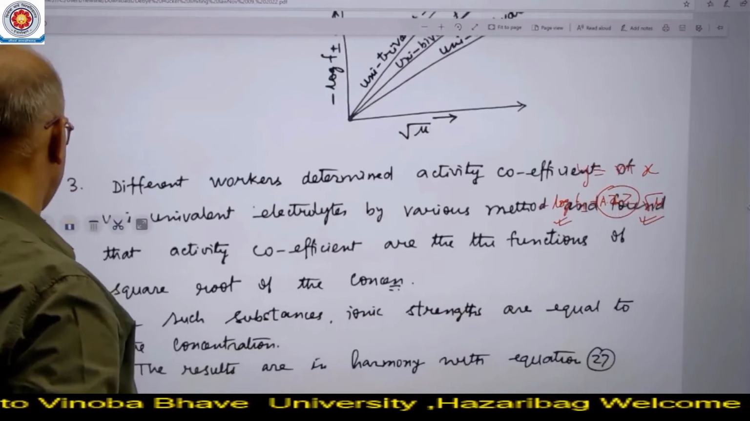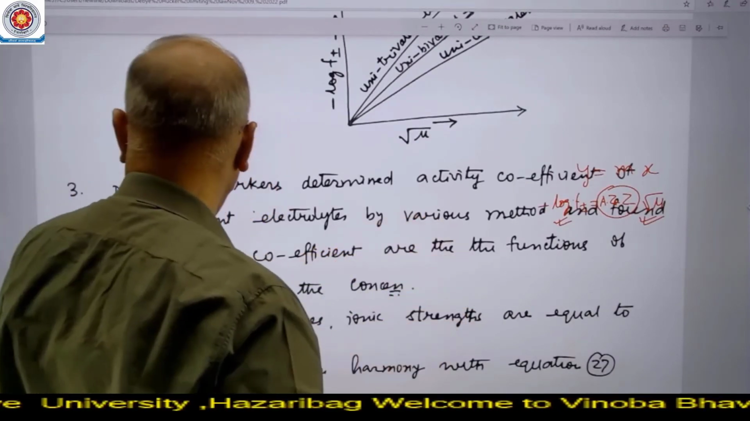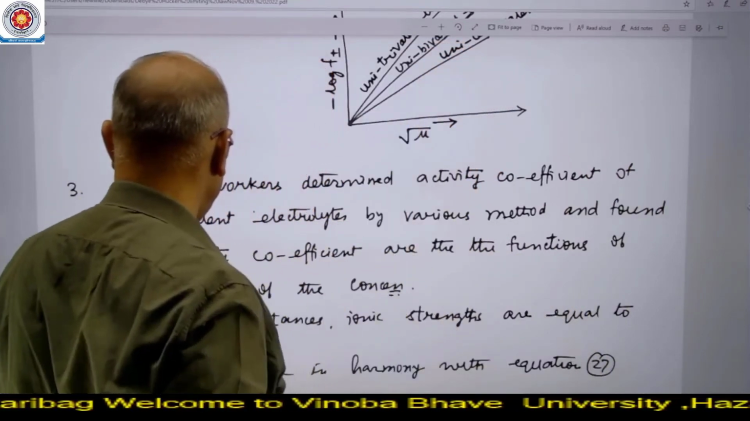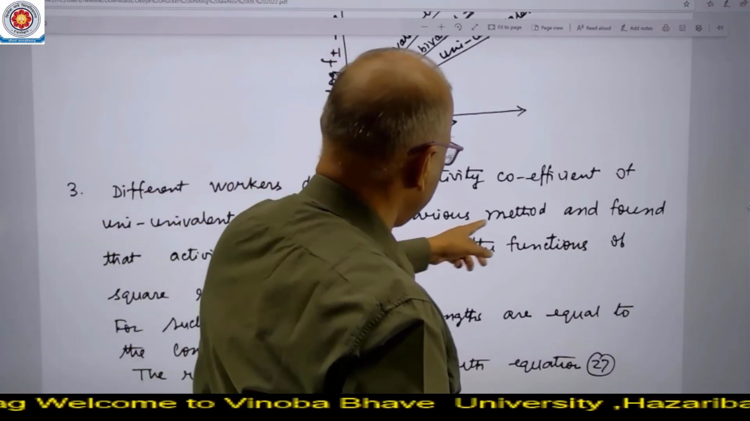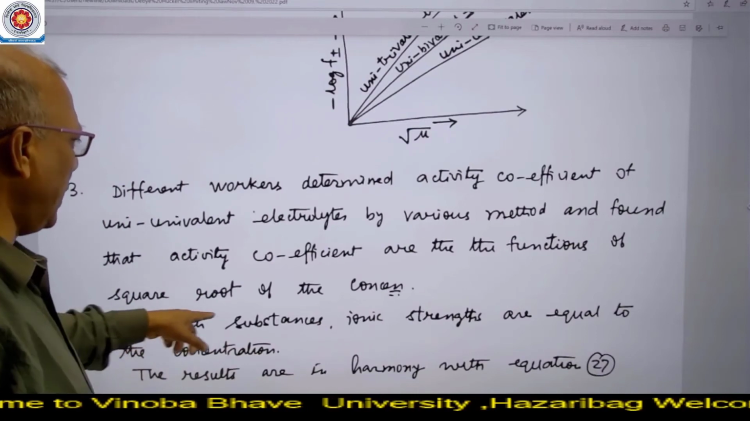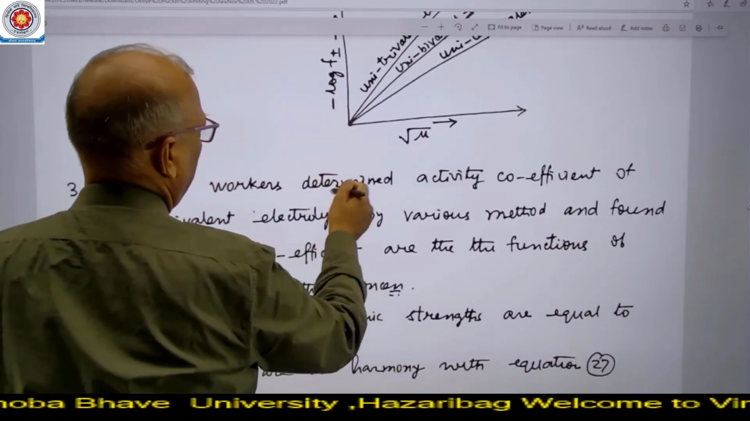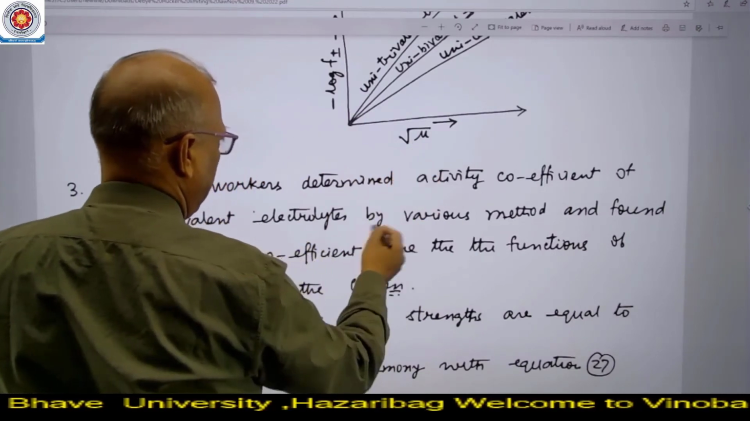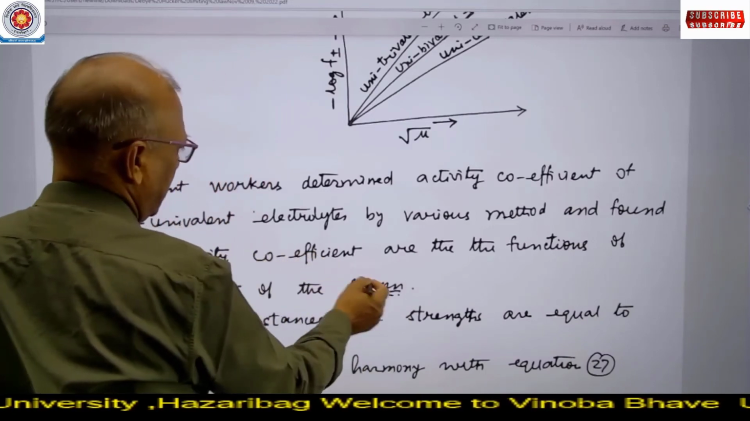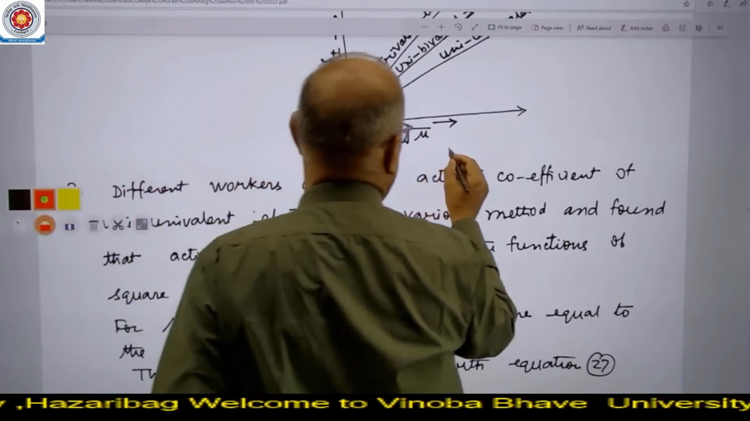And the third test is, what is that test? Different workers determined activity coefficient of univalent electrolyte, मतलब ये जो नीचे वाला कर्व है उसके लिए, by various methods and found that activity coefficients are functions of the square root of the concentration. जो मीन एक्टिविटी कोएफिशिएंट थे, यूनिवैलेंट के लिए जब हम करेंगे तो किसका फंक्शन होगा, तो कहता है कि square root of the concentration।